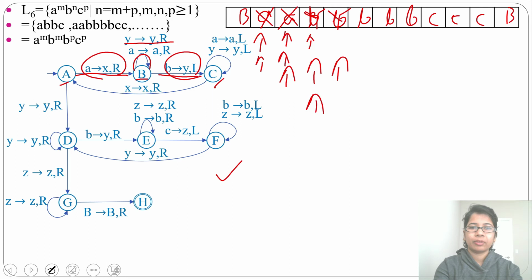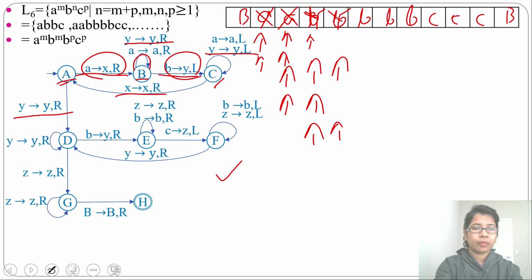Now the read/write head will be here. So by seeing Y, Y will be Y and it will move left. Next will be here. Then when it sees X, X will be X and it will move right. Now we are at state A, and which alphabet will we see? We'll see the alphabet Y, as all a is done, and it will move right.